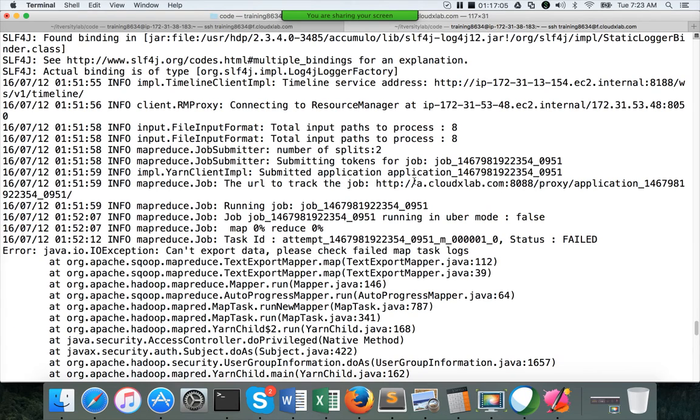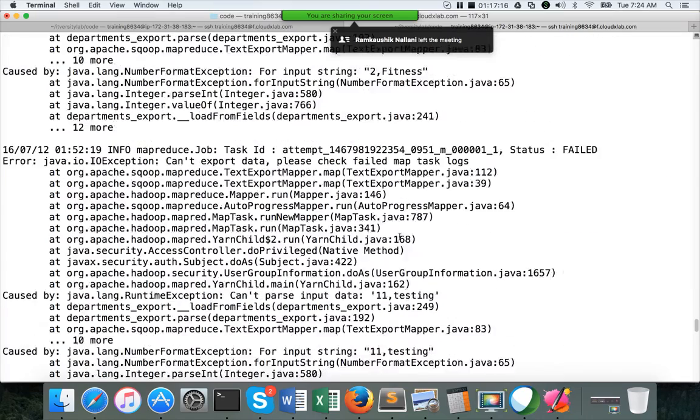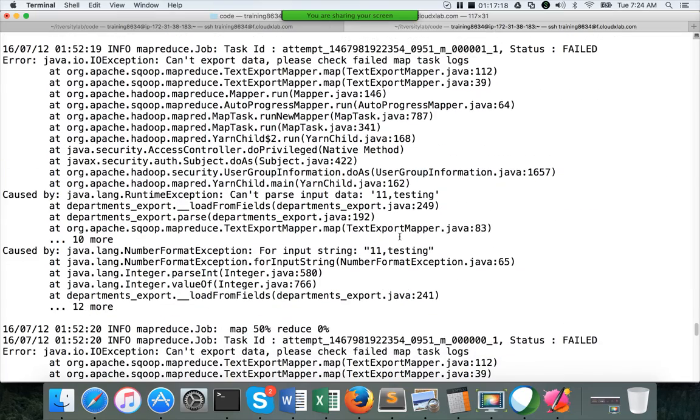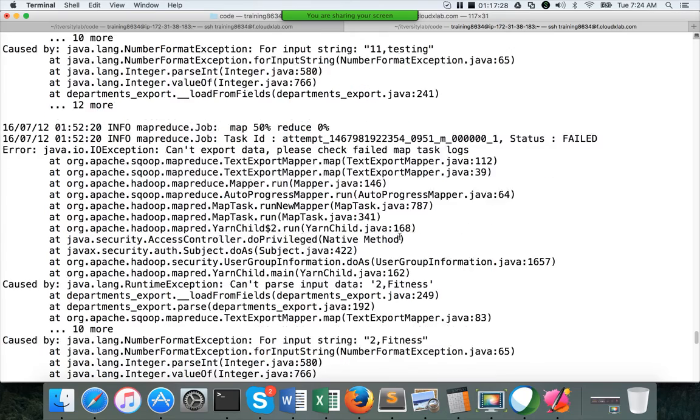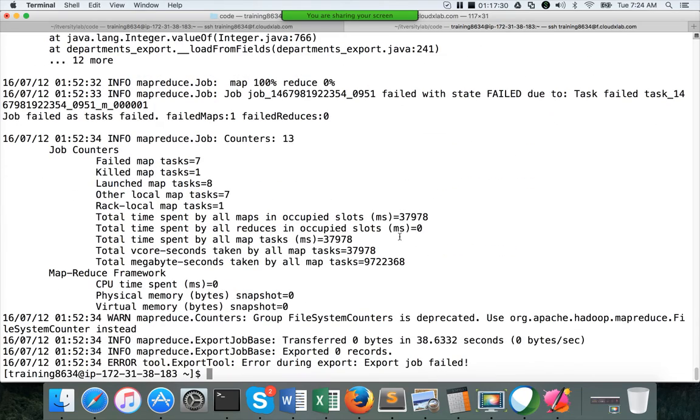Instead, it is saying number of splits as 2, because we have given number of mappers as 2, but we have 8 files to process. It failed because the data in the files in the target directory I think have different delimiters for different files. That's why it is failing. We can ignore it for now, but once the data is of good quality, it will work.